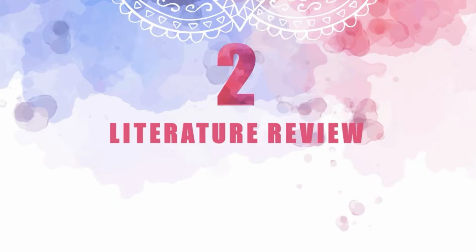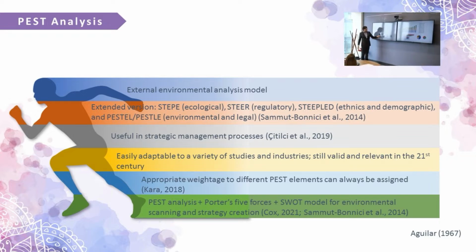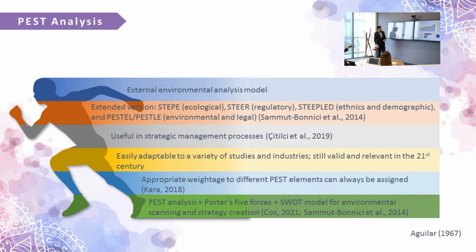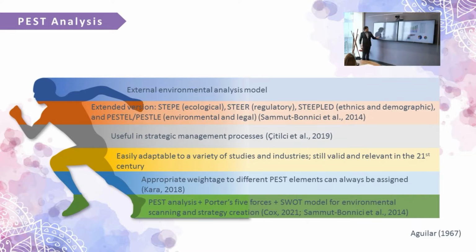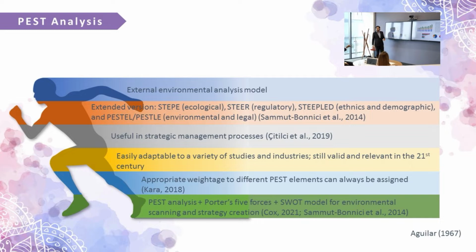Next, we move on to literature review. We'll look at PEST analysis that was developed by Aguilar in 1967. It was a well-established external environmental analysis model. It has various extended versions like STEEP, STEEPLE, and PESTLE. It is very useful in the strategic management process. It is easily adaptable to various studies and industries. It is still relevant and valid in the 21st century. Appropriate weightage to different PEST elements can always be assigned. PEST analysis, together with Porter's 5 forces and the SWOT model, used for environmental scanning, can actually be used together for strategy